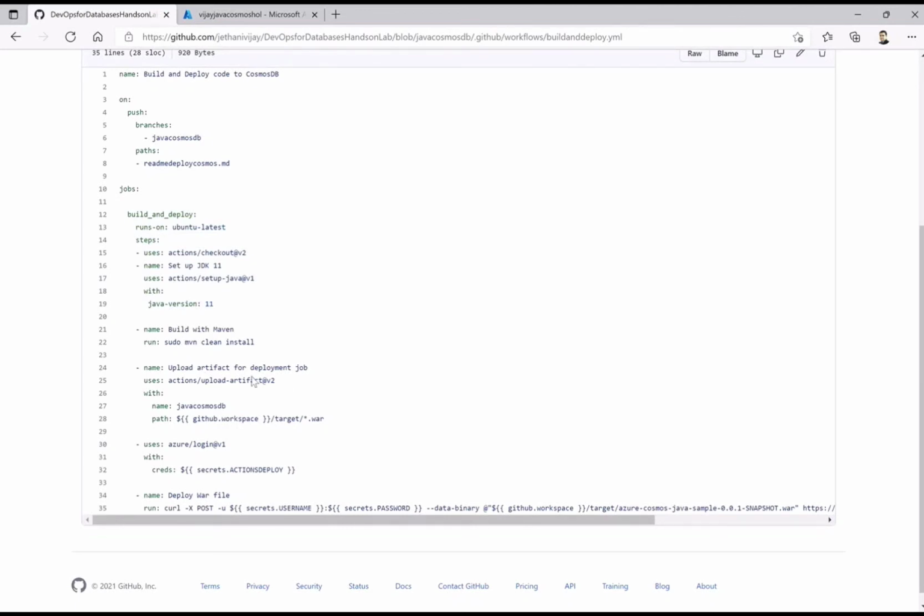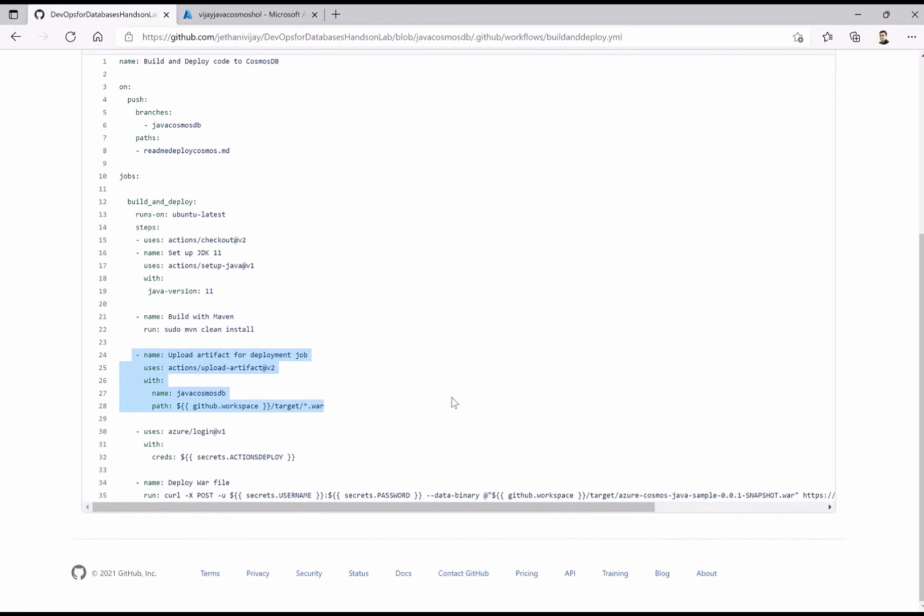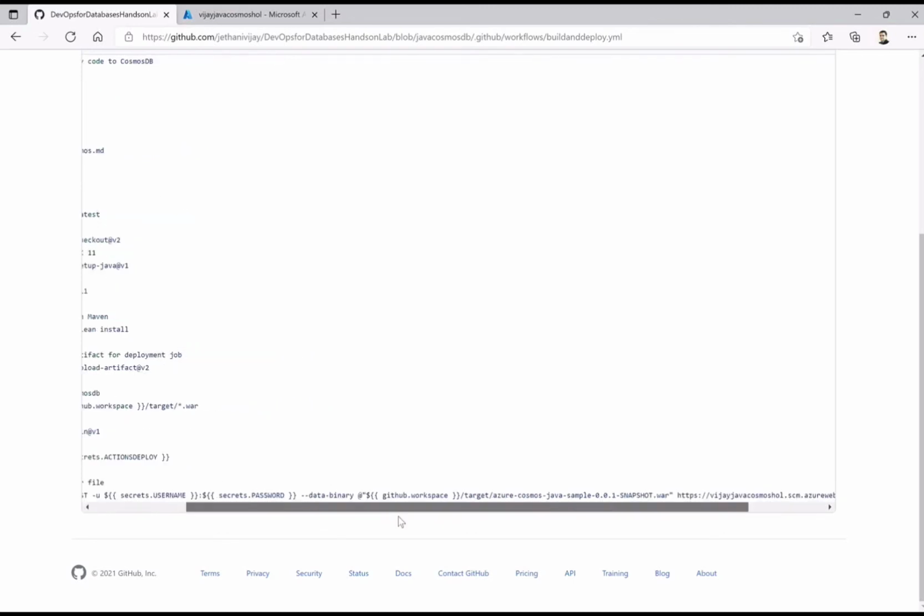So it will fetch from that particular code, do that installation and give me the artifact, which is nothing but the WAR file, and I am uploading that to be stored so that I can use it when I deploy on the Azure website. One important thing to note from the previous is that previously I was using some actions for web deploy, but in case of a WAR, I have to do this deployment directly on the API layer.